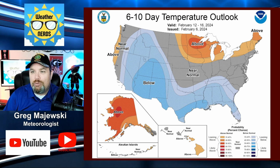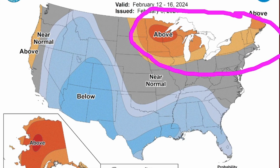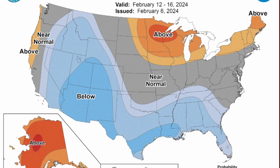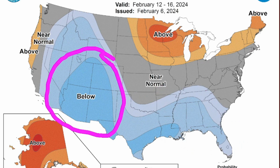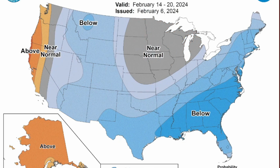Still looking at above normal here toward the north just briefly for a few more days, but that's going to be coming to an end because we do have some Arctic air that's going to settle down in, at least make temperatures more seasonable for where they're supposed to be across that area. But clouds and rainfall will keep the temperatures down here across the south, and obviously with the active weather out toward the west, especially coming into this upcoming weekend, they'll stay below normal as well. And that trend will continue